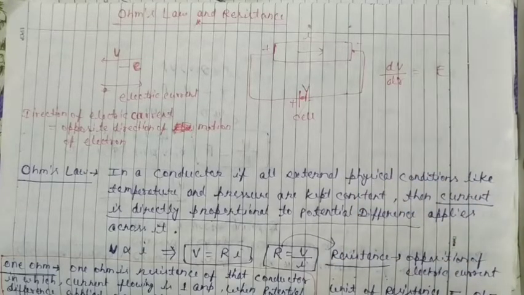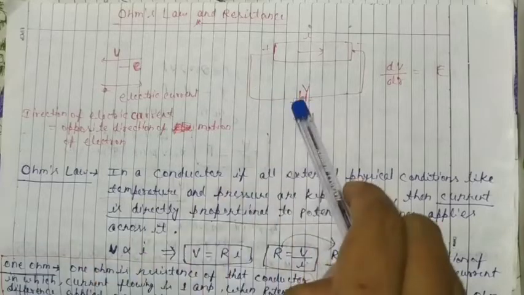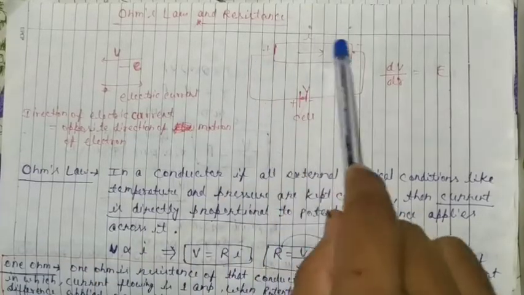So potential difference always creates electric field, or in an electric field the 2 points have a potential difference, and the charge here keeps on moving,